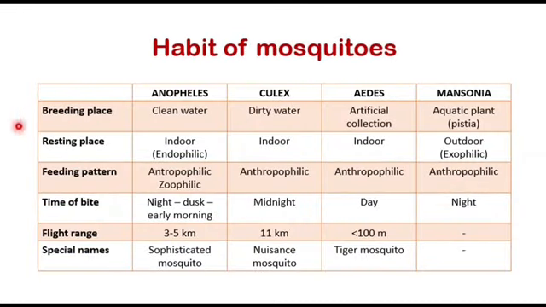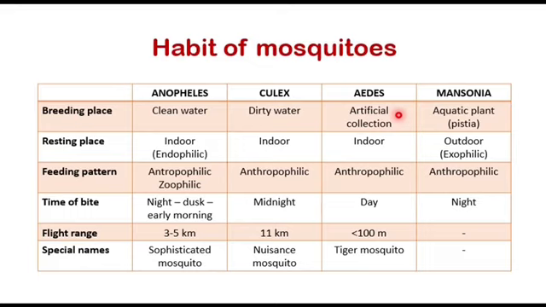Habit of mosquito. The breeding place of Anopheles mosquito is clean, small moving streams of water, which includes overhead tanks, puddles of water in the forest, fountains, etc. The breeding place of Culex mosquito is dirty and polluted water, which includes drainage, cesspools, septic tanks. The breeding place of Aedes mosquito is artificial collection of water, which includes coconut shells, broken bottles, discarded tins,